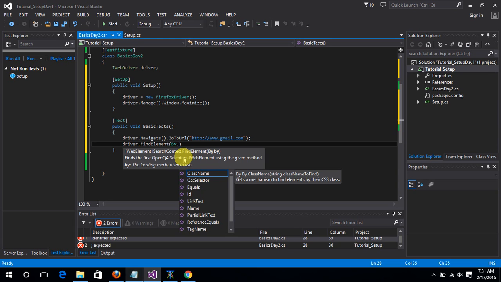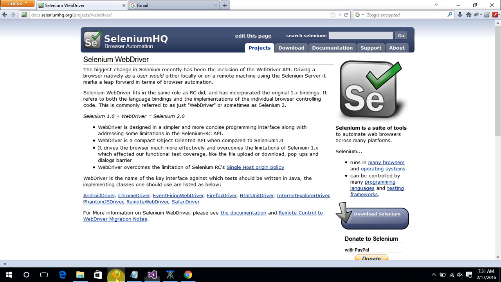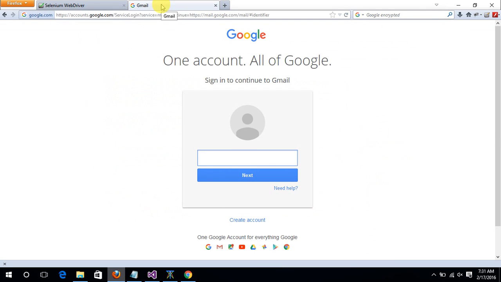ID should be unique, not common, throughout the page, so most preferably you should use the ID. CSS selector and XPath give you more flexibility, and later we'll see how to use those flexibilities in your project. But for the time being we shall use any locator and proceed ahead with the test case execution. As soon as you visit gmail.com,